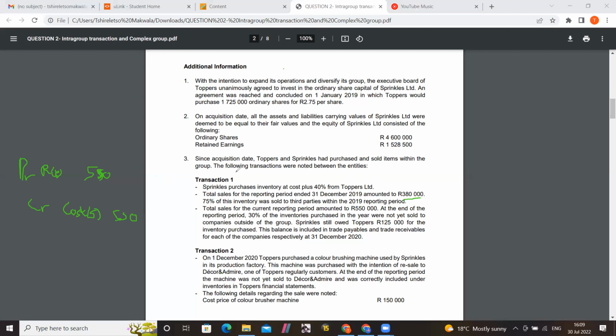In this case the parent is selling to the subsidiary, so the parent is going to add a markup on the inventory,